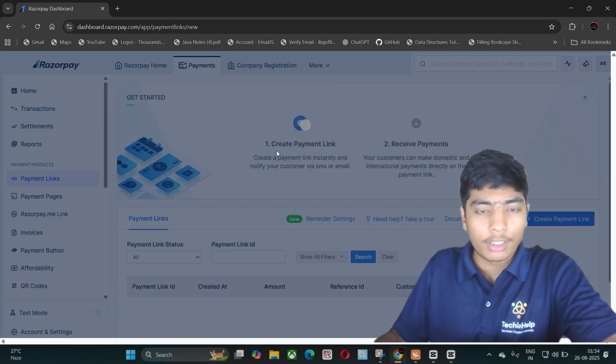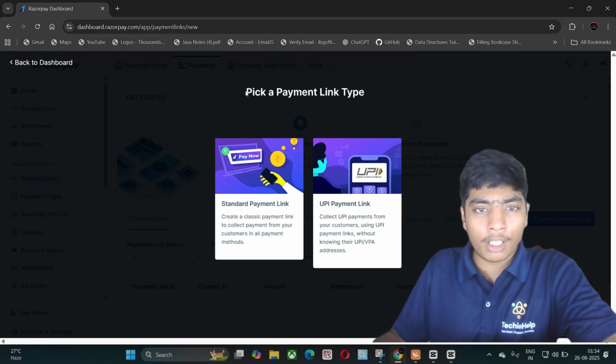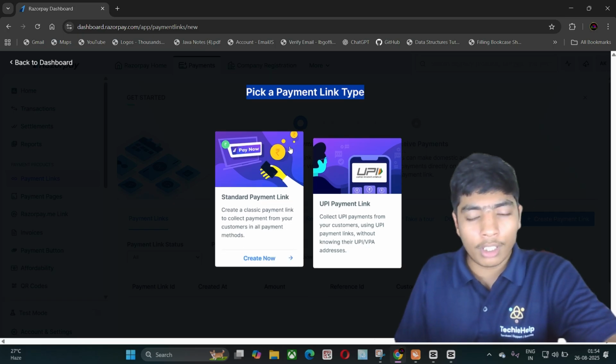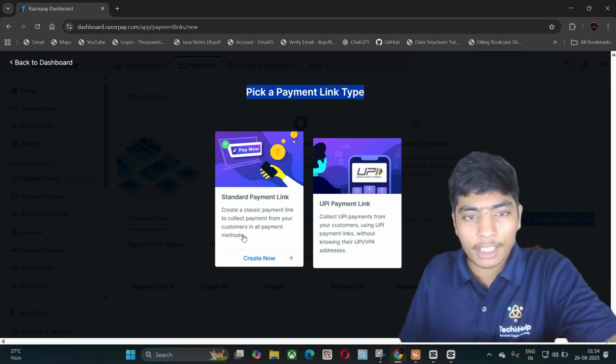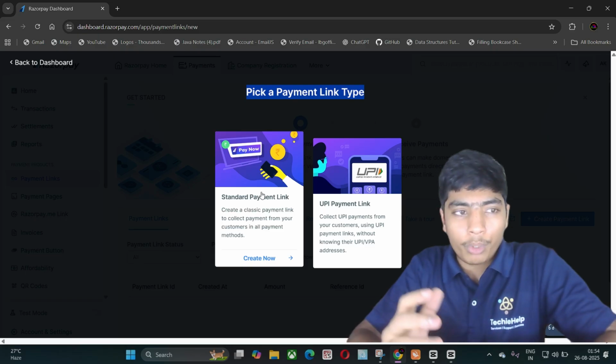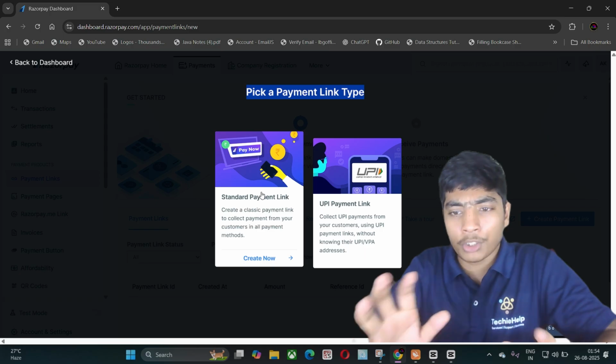Wait some seconds. After that it will redirect to a page where you are given two options: pick a payment link type. So what do you want to make? The standard payment link is where you create a classic payment link to collect payment from your customer in all payment methods. That means in this standard payment link we can collect money with ATM cards, debit cards, credit cards, and all UPI are covered.